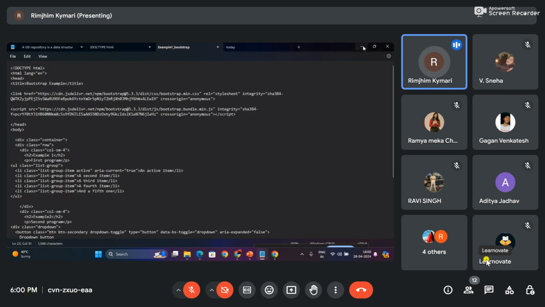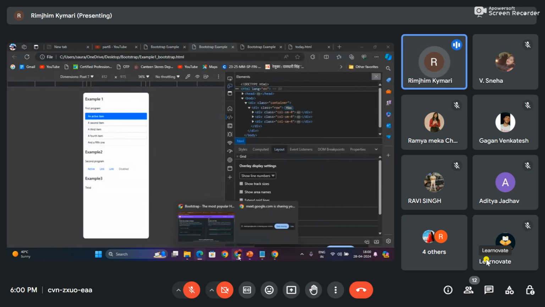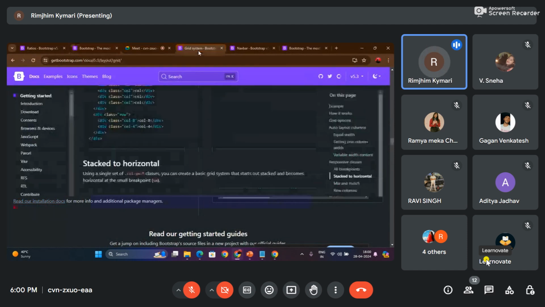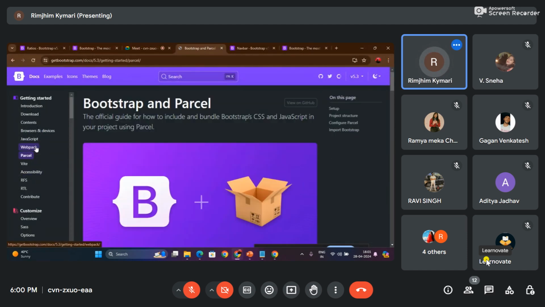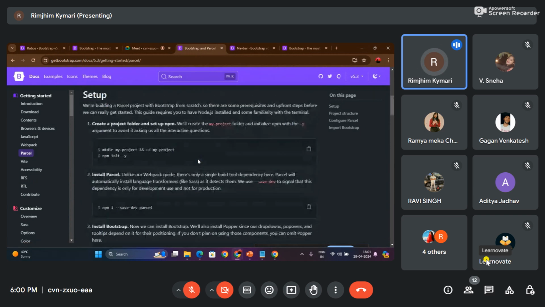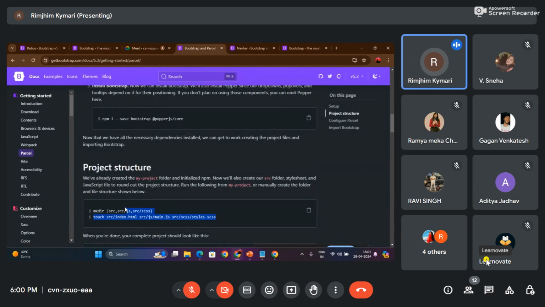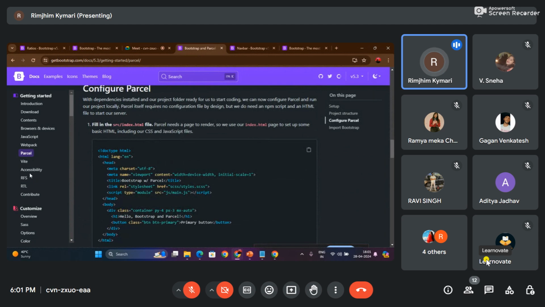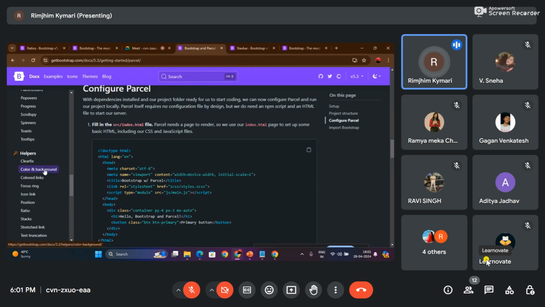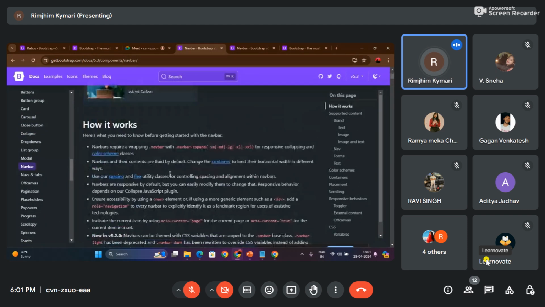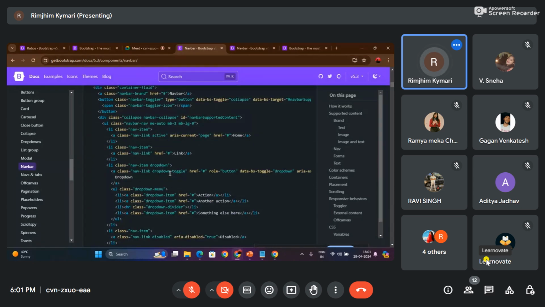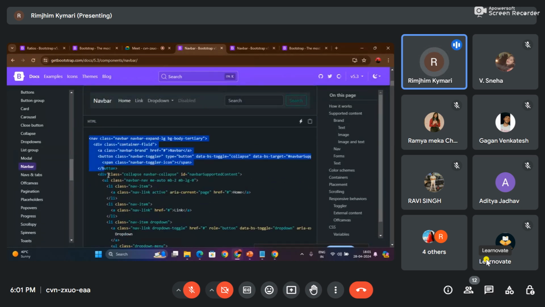So guys, for example, if you want to use any kind of component available on this page, you just have to copy paste, Bootstrap and Parcel for example. You just have to copy paste this project structure and everything in your code, and then just use it. So for example, if I want to use this component, which, as I told you, is progress or pagination or navbar, for example, if you want to have a navbar, you just have to copy paste this entire content in your